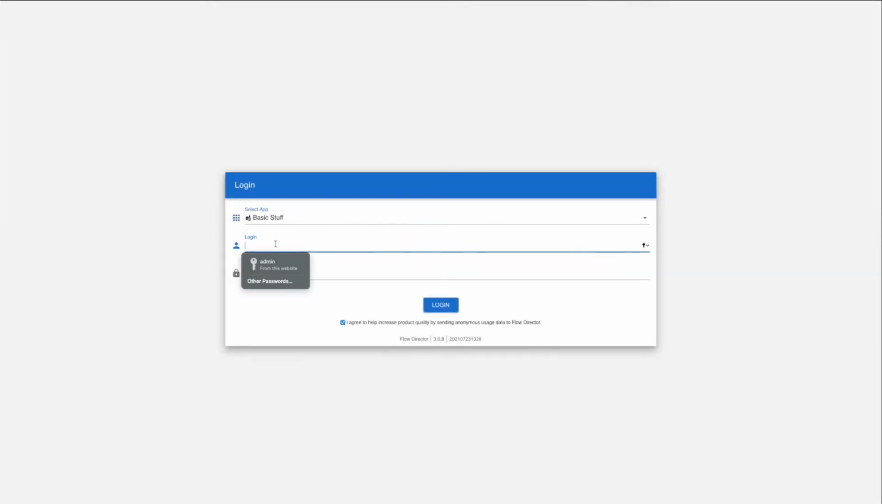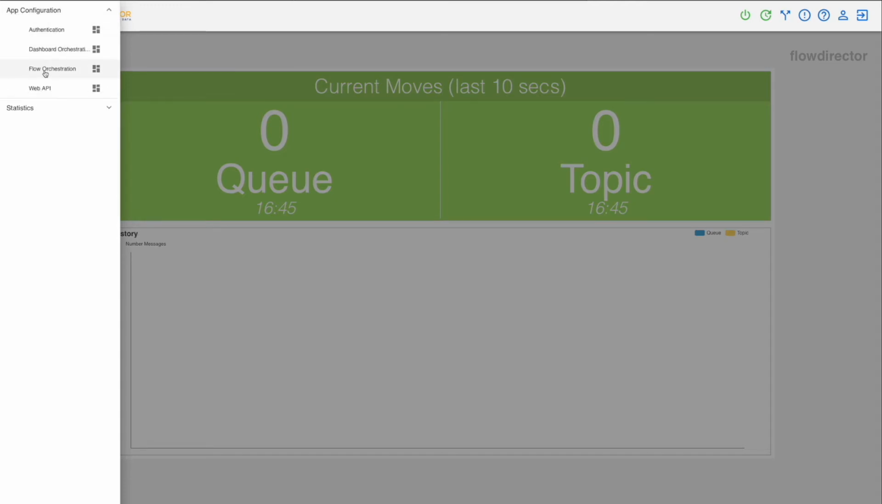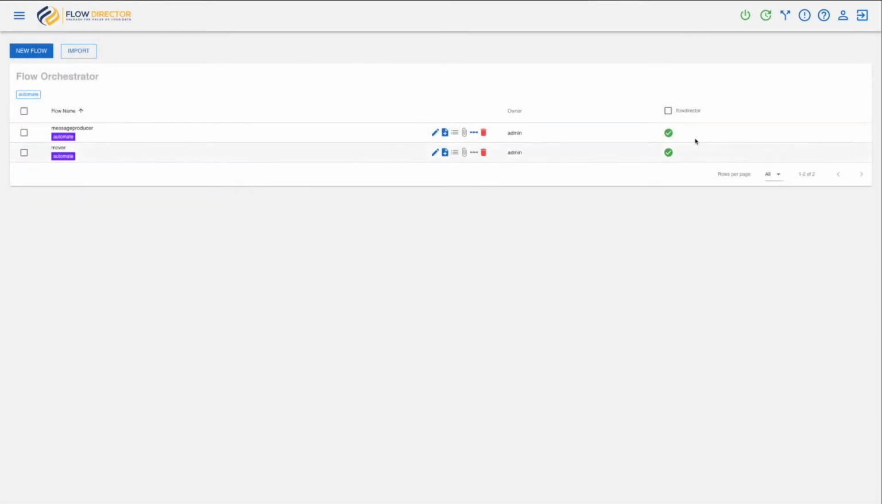Now log into this app, and you see it runs. Takes a while until data comes in, but you see the flows are activated, and